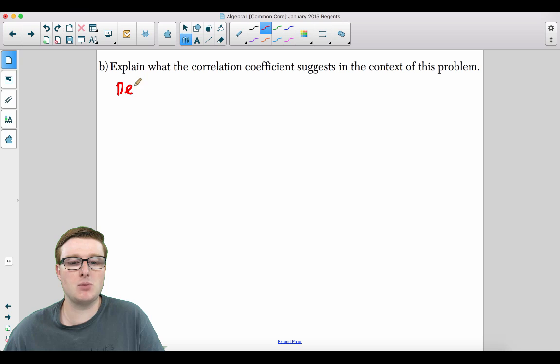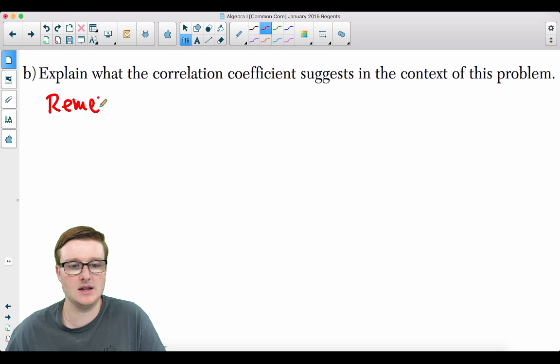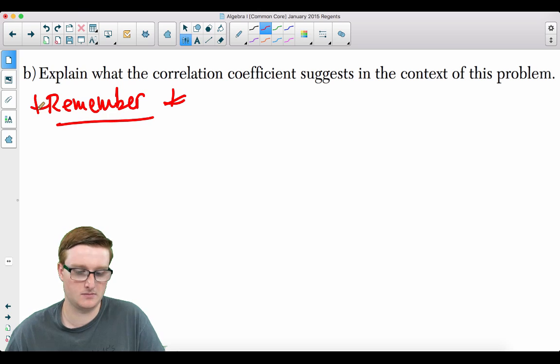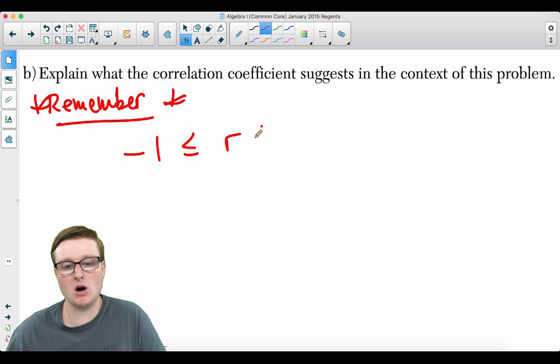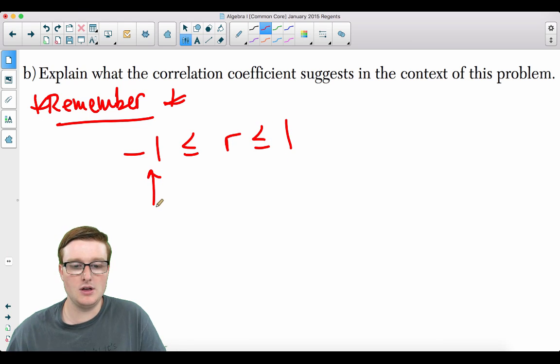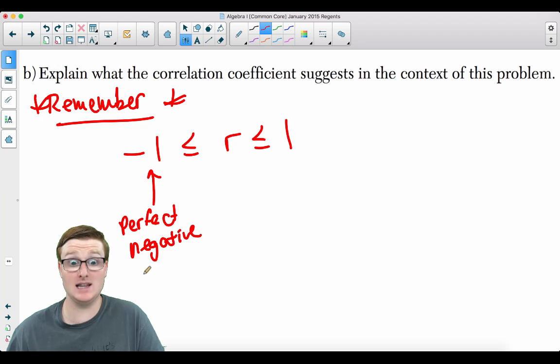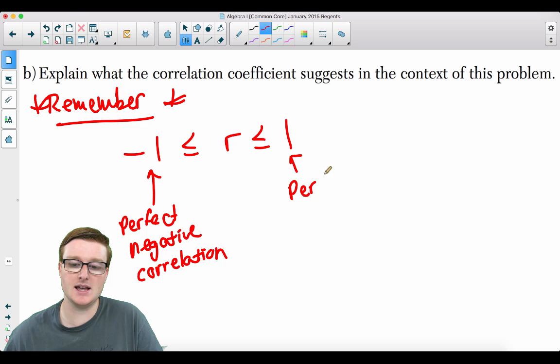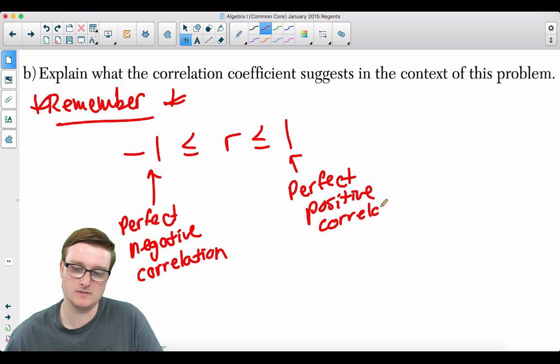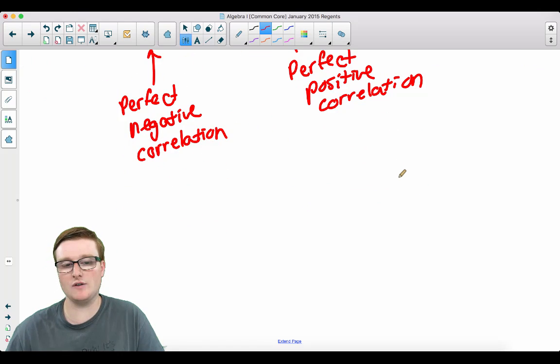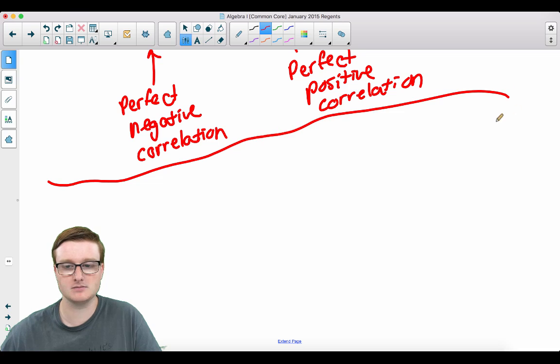Now, you need to remember some important facts about correlation coefficient. So I would write these down if you don't have these already. Remember, -1 is less than or equal to R, which is less than or equal to 1. The -1 represents a perfect negative correlation. When I say perfect, I mean a straight line. A +1 represents a perfect positive correlation. So if they're asking you to explain what the correlation coefficient means in the context of this problem,